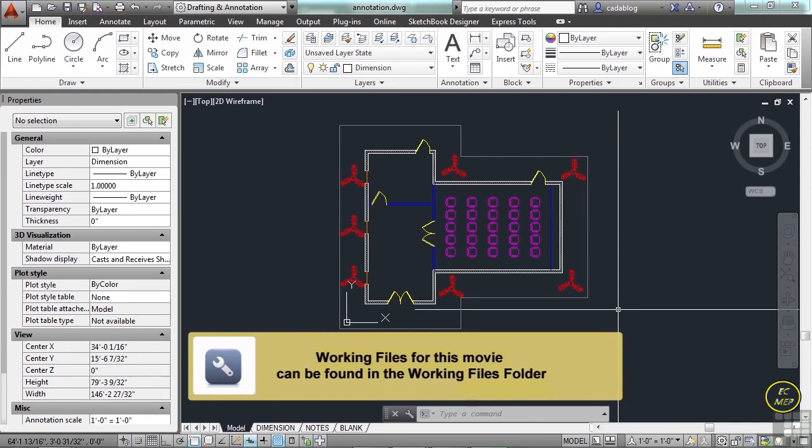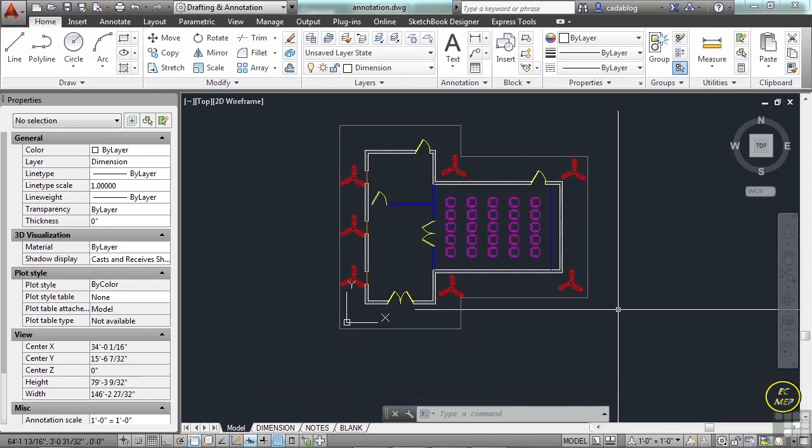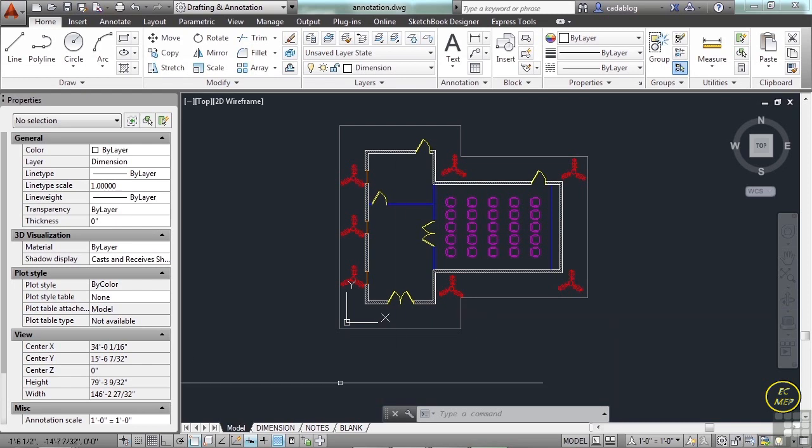Sometimes you need to take an existing block and modify it into a new block, but without messing up the old block. So the explode command can help. Open up the annotation drawing file. Make sure you go to the Model Space tab. The explode command explodes a compound object when you want to modify its components separately instead of editing the block. That means it breaks it down and turns it into all of the basic instances or objects that it's made